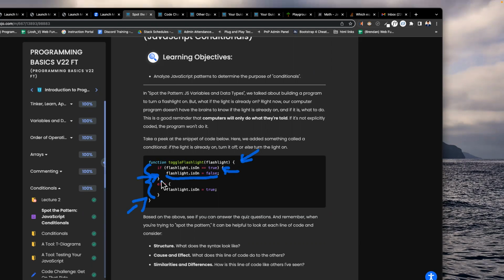So just imagine a flashlight that is either on or off, right? So there's only two switches to a flashlight, on or off. If it's on, for example, if that is true, then we're going to turn the flashlight off. So then we're going to set flashlight.isOn, we're going to make that false. And if this condition is not met,